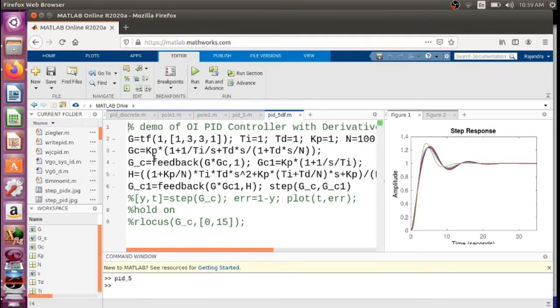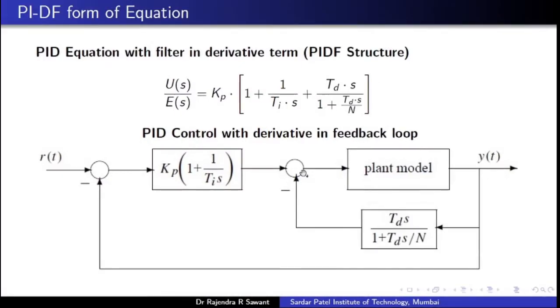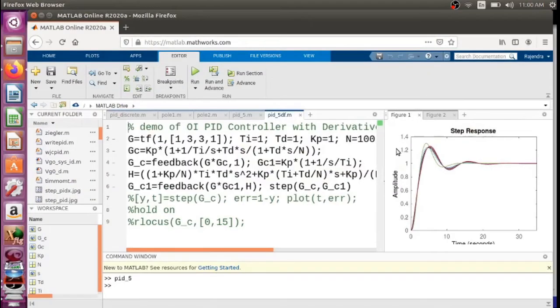And then this is a compensator transfer function of the earlier program, of the earlier structure. This one is G underscore C, and for this particular model we have got G underscore C1.